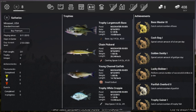You just go on here. As you can see here, no premium. I still have the premium buy button. I've only been playing the game for 4 days. It's only been out for about a week. 200 fish caught, 17 of them trophies, 6 achievements earned already. No trophies yet because there aren't any tournaments. That's still to come. And quests and stuff as well, though I assume they're going to be kind of like